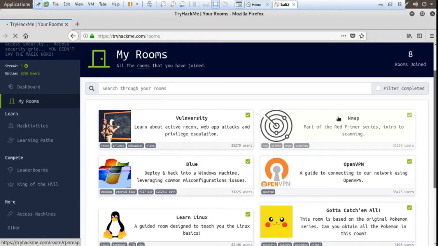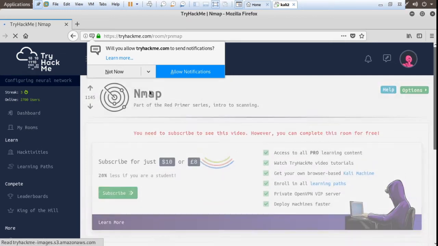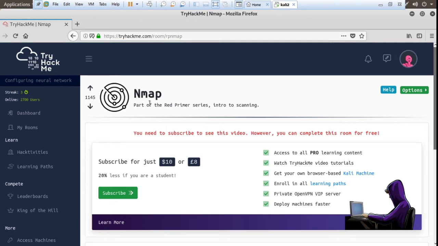Nmap. Read here. It is a part of the Red Primer series, Intro to Scanning. This CTF is based on the Red Primer CTF type.